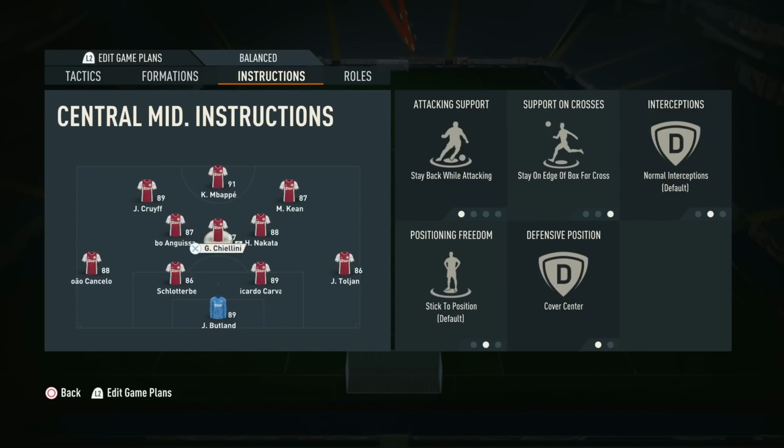Now, when it comes to that first central midfielder, I've got Chiellini in this position. You want someone that is a little bit more defensive in this position. So Zambo Anguissa next to him could work well in this position as well. But you want a good CDM, because you need one of you guys to stay back. You don't want all three guys on balance going forwards. And the two outside